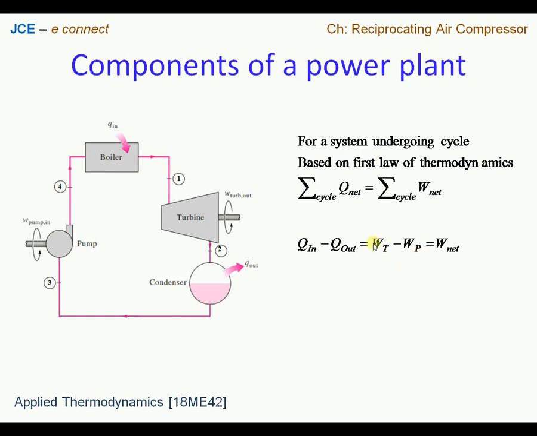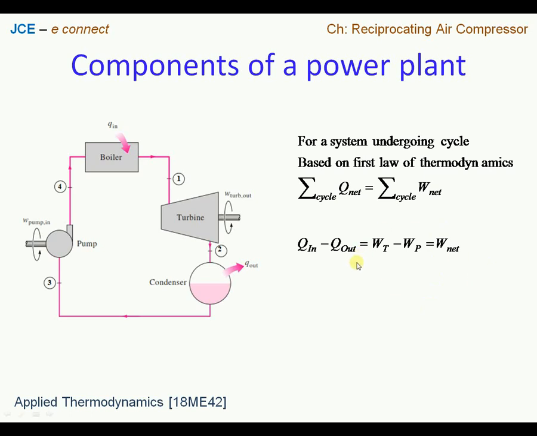So we have the turbine as a work producing device and the pump as a work absorbing device. So W_T minus W_P represents net work done. Similarly, Q_in minus Q_out represents Q net. With this background, one can represent